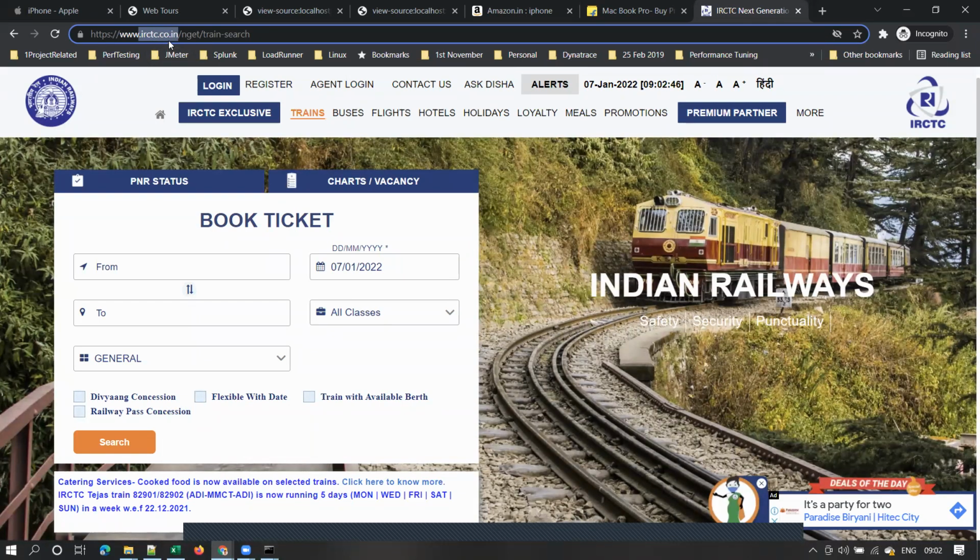So what is an IP address? IP stands for Internet Protocol. Every server or every machine will have an IP address, and the browser will try to find the IP address of that domain or website. For that, first it will look into the browser cache. Whenever you access any page, the browser stores some information locally in the browser cache.